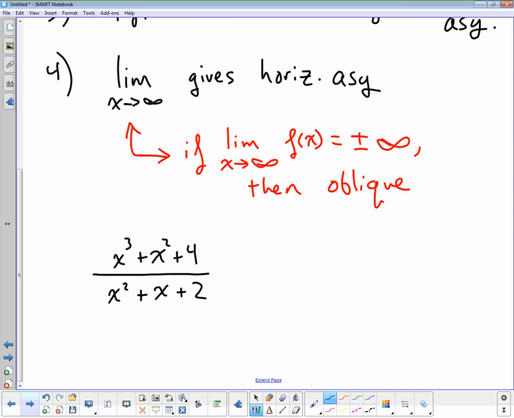Oh, you're wrong. Okay, now take a look. Here, if I go off to infinity, I'm top heavy, right? I am top heavy. I have a problem here. So that means I have some sort of diagonal line that is my asymptote, some oblique line to fool with. So if we do synthetic division or polynomial division, whatever you want to call it,